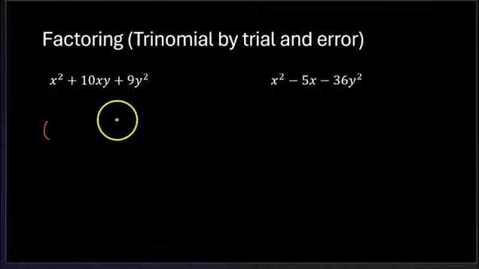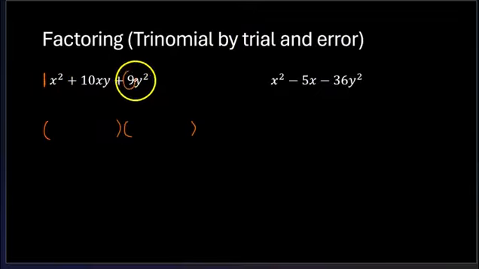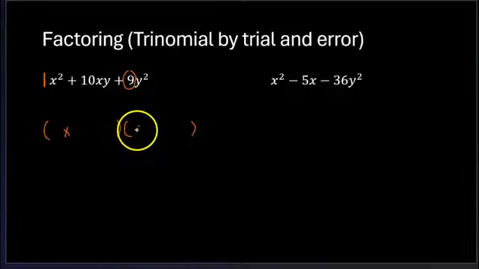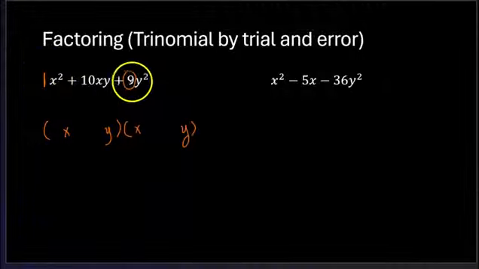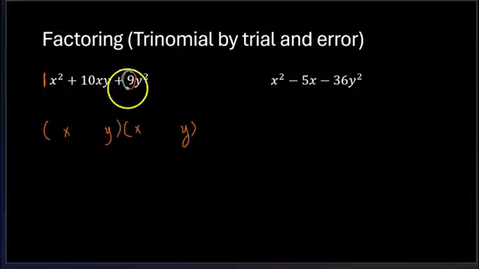Okay, so you're going to have to look at factors of 1 and factors of 9 and do trial and error. So this will still be x. The square of this is also y. But what we're going to look for is the different factors of 1 and 9. Of course, for 1, you don't have a choice. It's 1 and 1. So we're looking at different factors of 9. So factors of 9 are 3 times 3 and 9 times 1. So we only have a few options here.